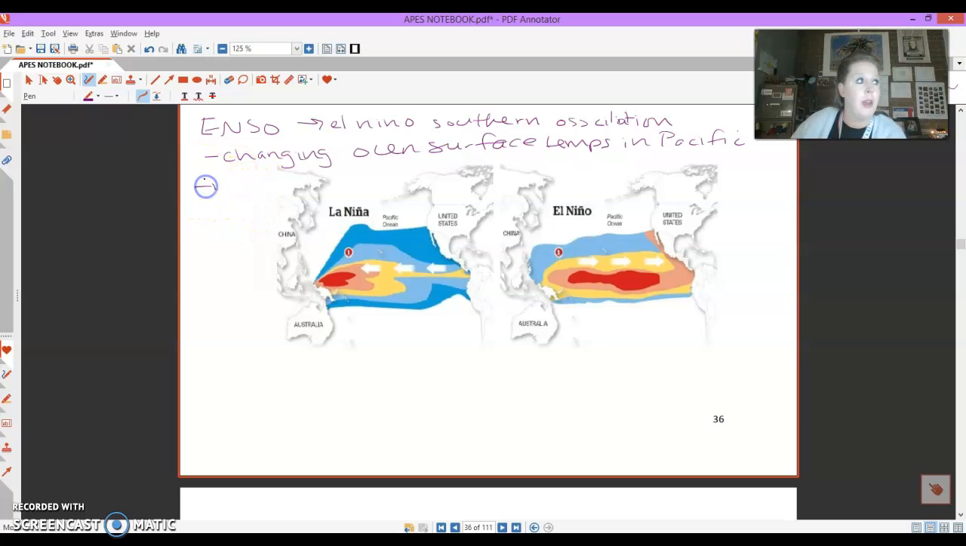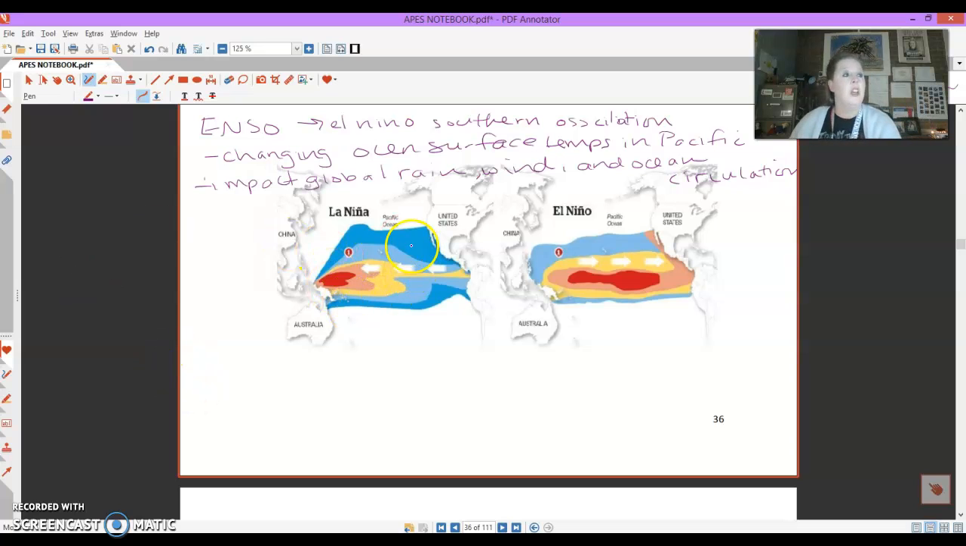So it's going to impact global rain, wind, and ocean circulation. Okay, so let's look at the difference between these two. So we're going to start off with